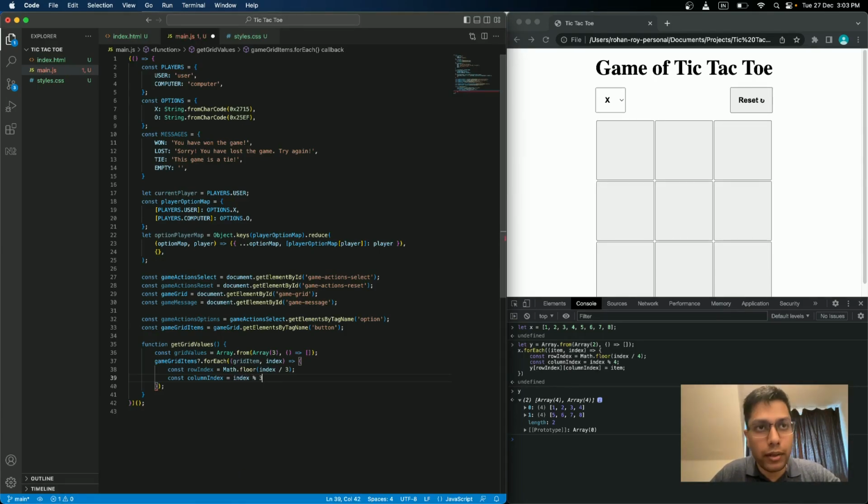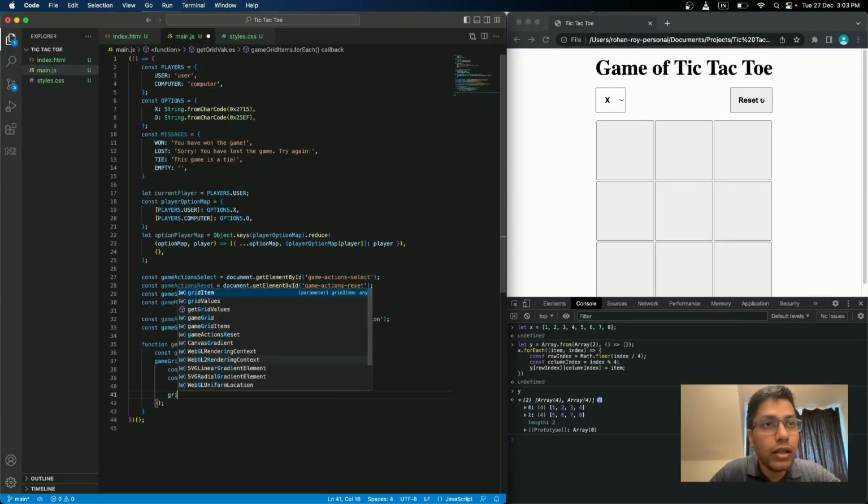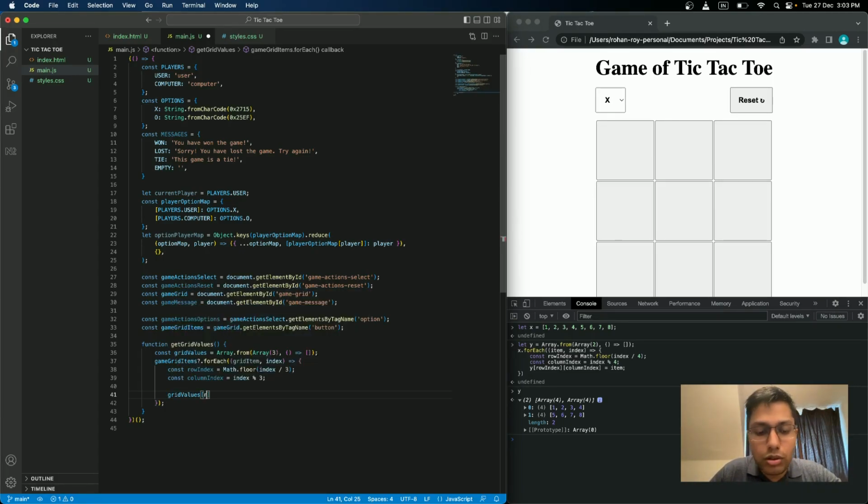This will give me a remainder basically, and I will say grid values row index and column index equal to